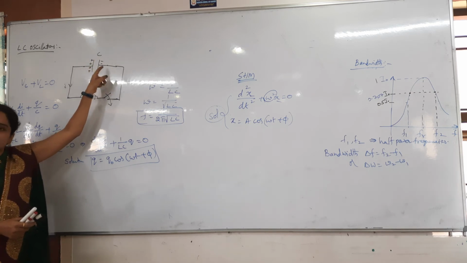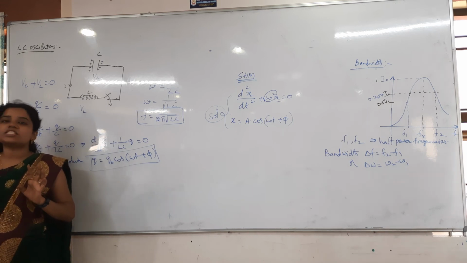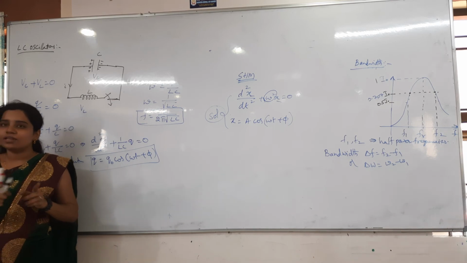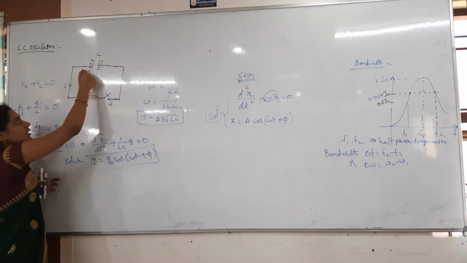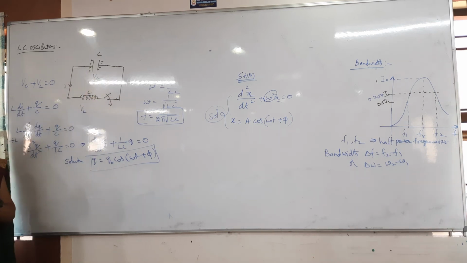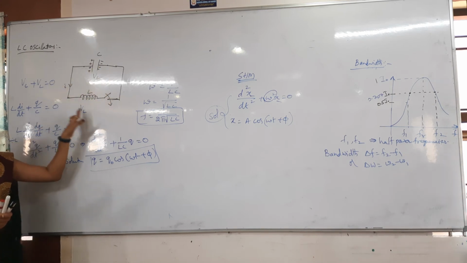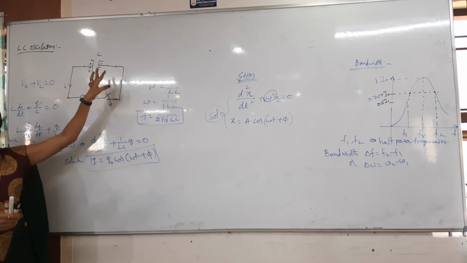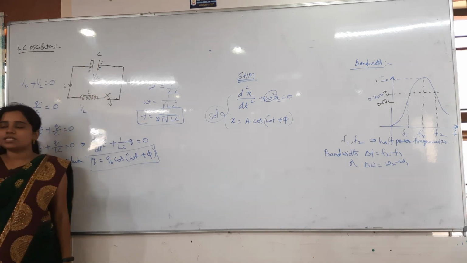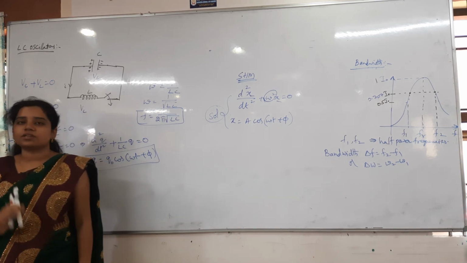Then what will it do again, it will give the current to the inductor. Inductor will not store anything, inductor will just pass it, capacitor will store. Are you understanding or not? So here the inductor is not storing anything, whatever current came from the capacitor is given by the inductor to the capacitor again. Now this is taking the current and leaving, taking the current and leaving. The capacitor is first discharging and then charging, discharging, charging, which is simply to and fro motion, that is an oscillation of the current.